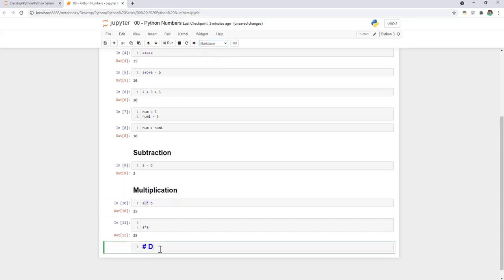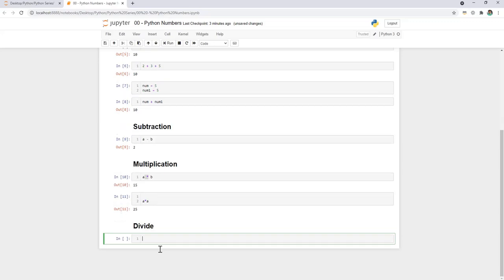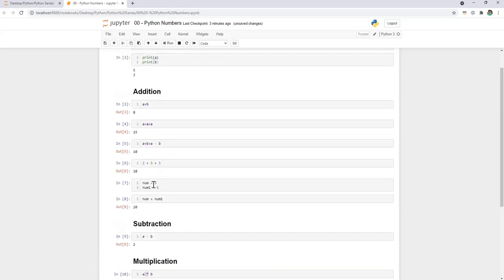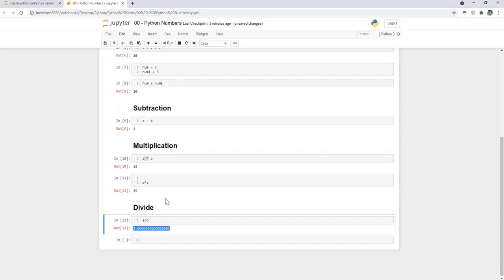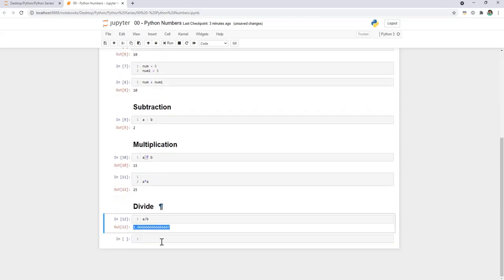Let me move to the divide part. a divided by b, which should be 5 divided by 3, so it should be 1.66666. So these are all the basic calculations with numbers. Suppose you want a remainder, how can you get it? Let's check the remainder part.